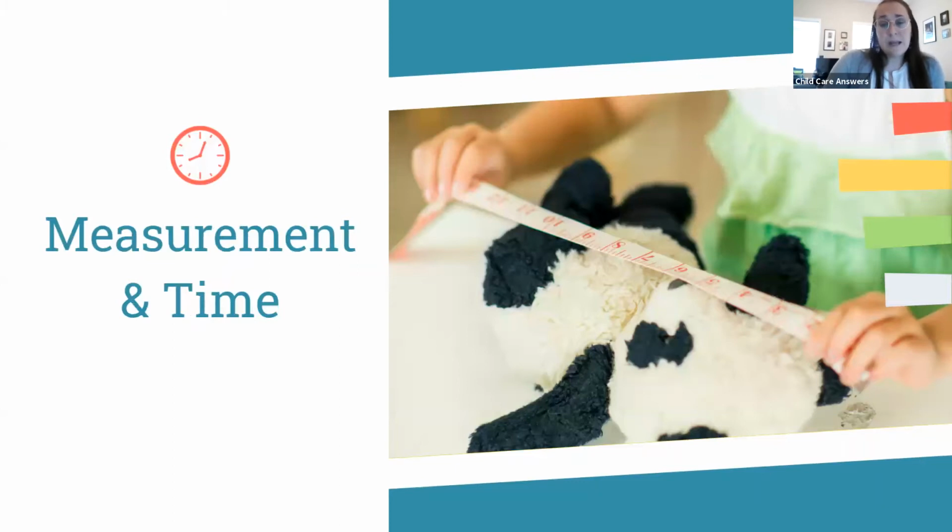Measurement and time is another one that is important for preschool, but it's not looking at and reading a clock. Somebody told me when I did this presentation earlier that even reading clocks these days, everyone just looks at their phone. So that's a skill that is not as relevant anymore, even though it is an important skill to know as well. But for young children, especially in preschool, we're starting with concepts of time in the sense of before, after, during,